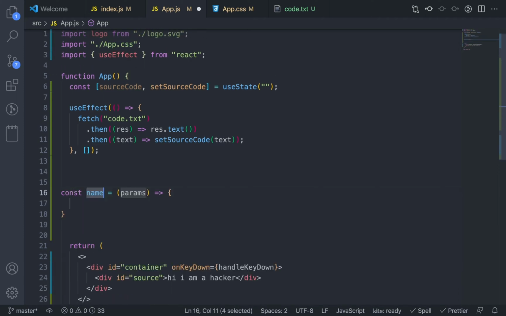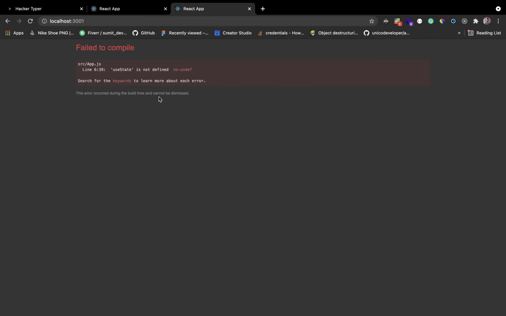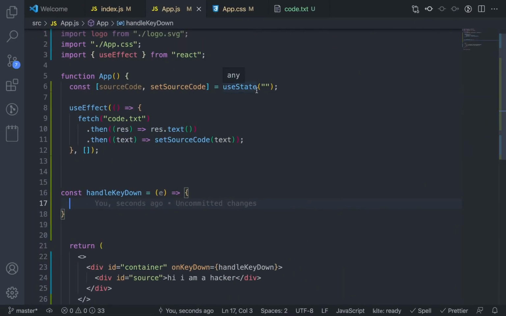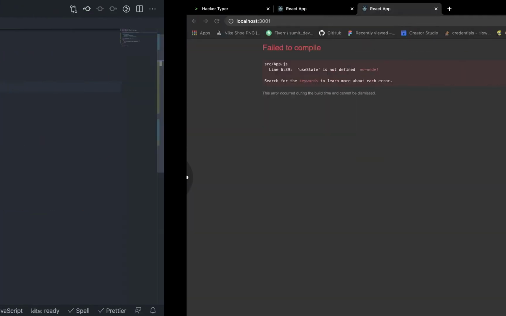Arrow function. I love arrow function. So handle key down. The params, it will be the event. Now from this event, I can get the particular key, like which key is pressed and all. So the idea is here, oh, something is wrong, use state is not defined. Great. That's why I use TypeScript. Use state will be auto imported from React. Fine. Now it should be fine. Cool. Okay, so the idea is